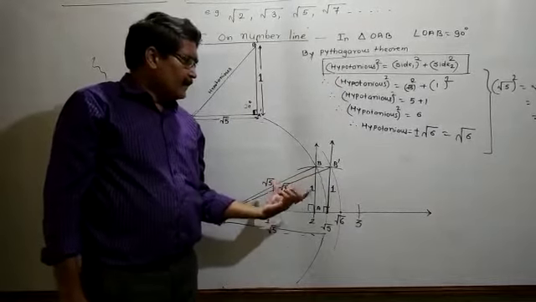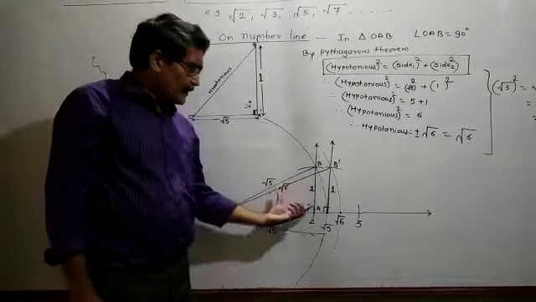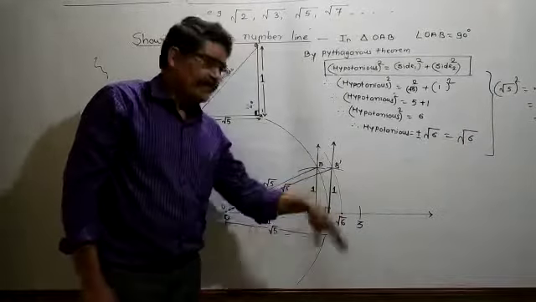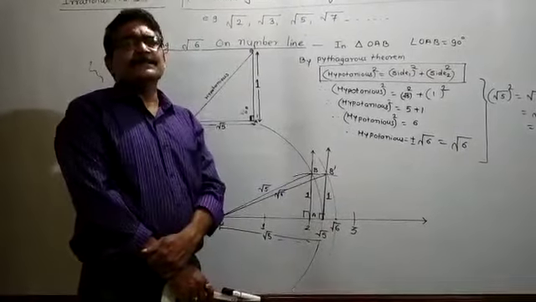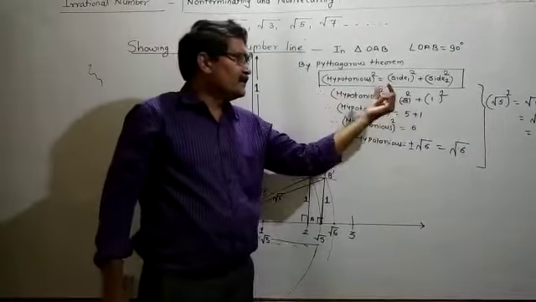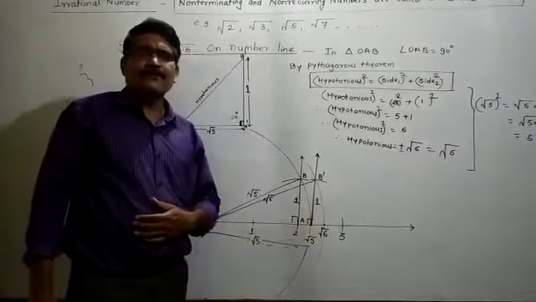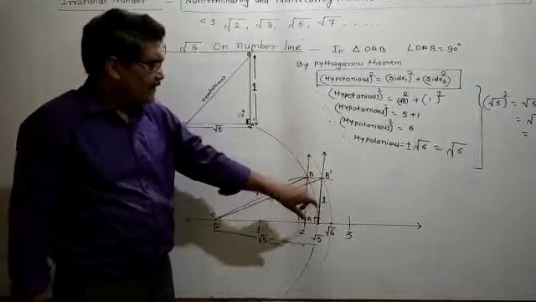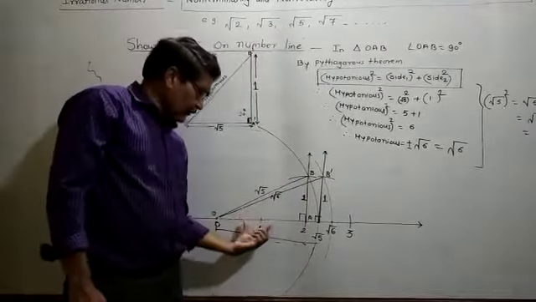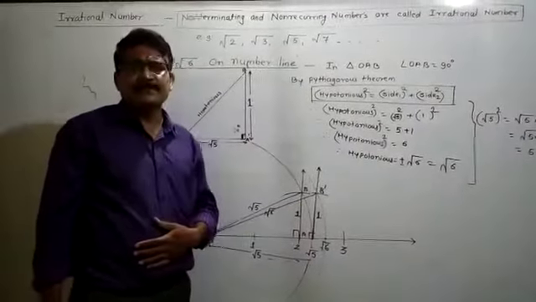And friends, one more remains, square root of 7. That you have to draw like this only. First of all you have to draw the square root of 5. After that you have to draw the square root of 6. After that you will draw the square root of 7. You have to do this calculation like this only. Here you will write square root of 6. After drawing the square root of 6, you have to take the base of square root of 6 for the square root of 7, and you have to take the 1 unit distance. In the same way you will draw the square root of 7.